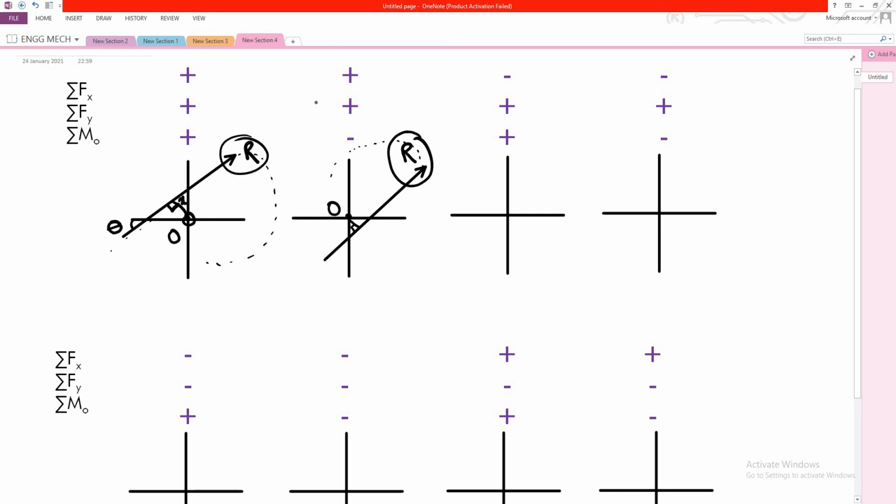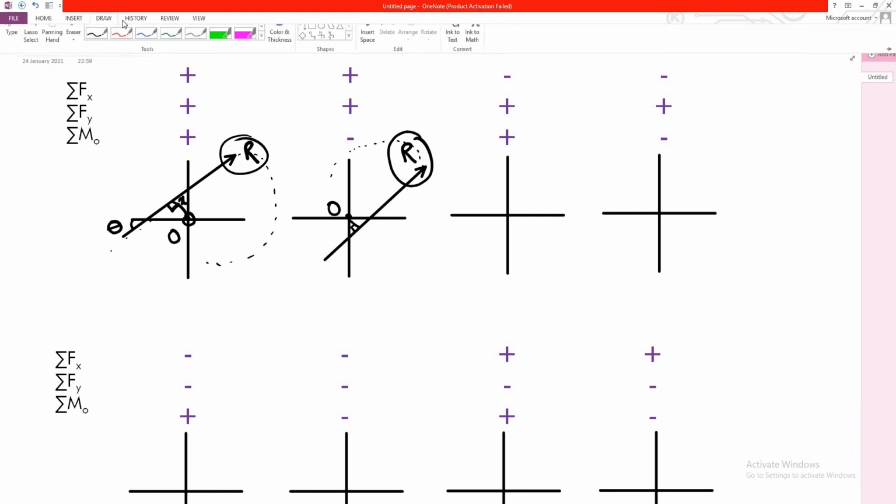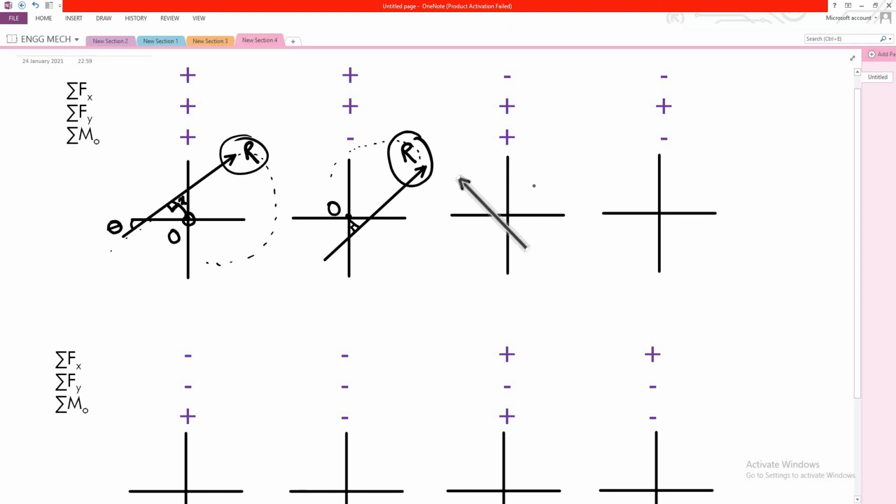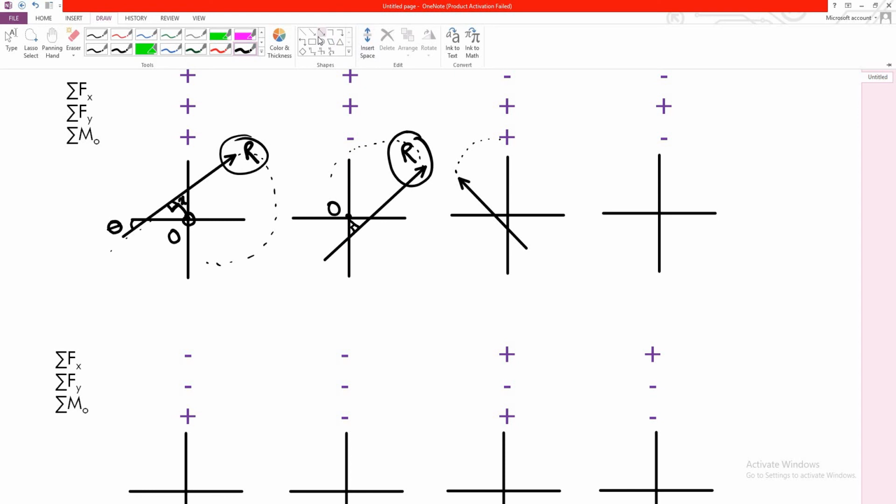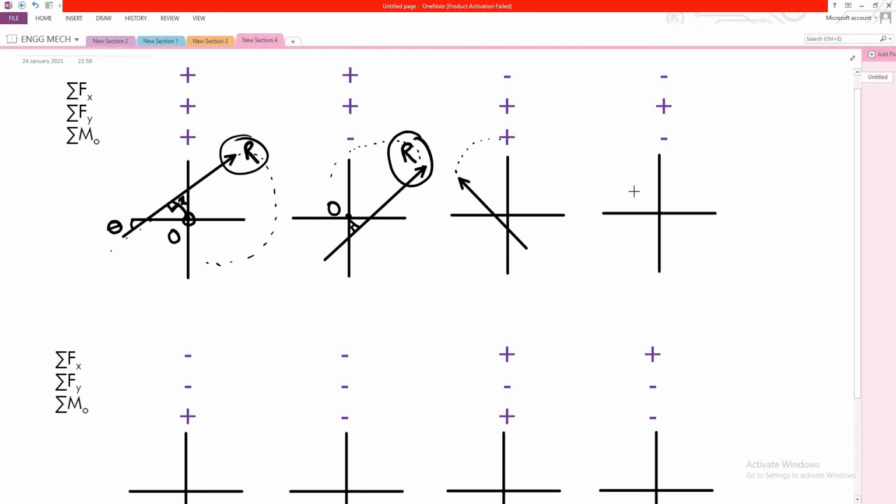The quadrant is second and the rotation is clockwise. Okay, this is the way the resultant should be kept when it is in the second quadrant and it is supposed to cause clockwise rotation. Similarly, let's try to do the same for anti-clockwise rotation when the resultant is in the second quadrant. You can clearly see the thing that you need to observe is that the arrowhead should be shown in the desired quadrant, but the position should be shifted with respect to the rotation required.